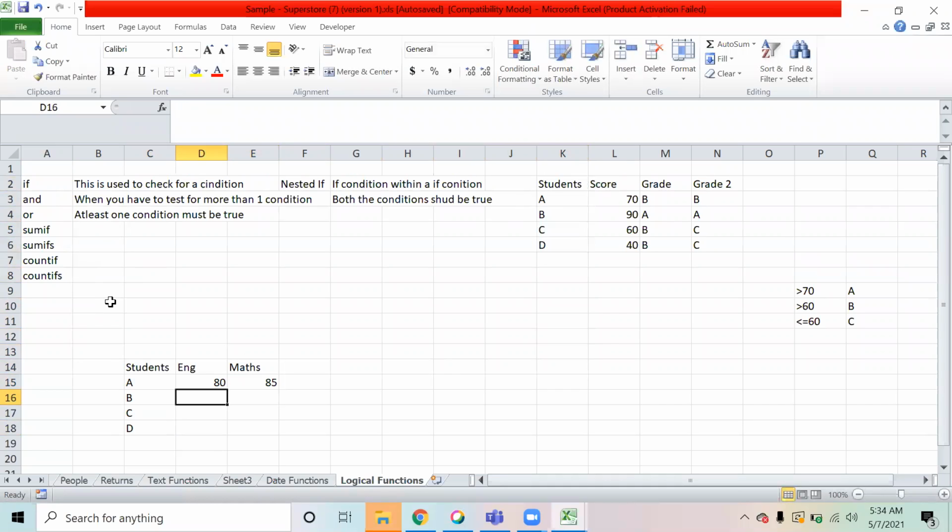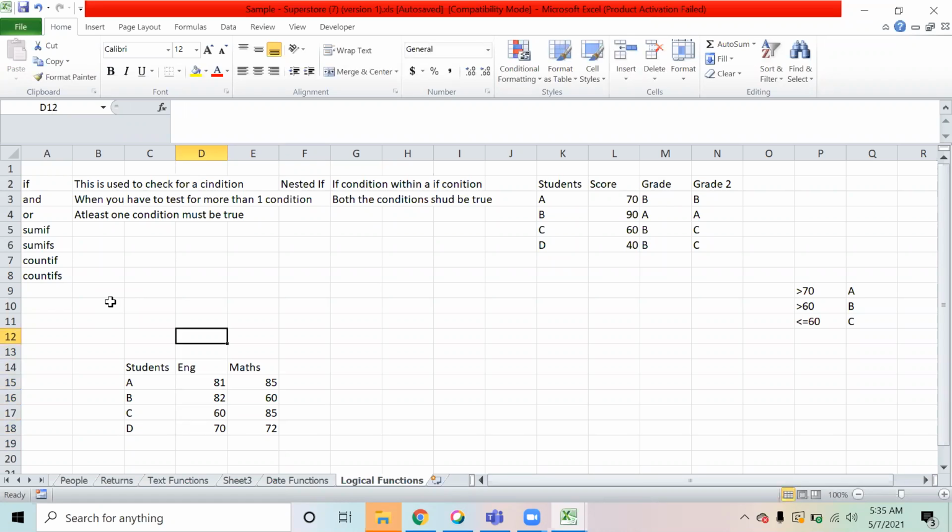And this guy scored 82 over here, and suppose 90. Suppose 60 over here, and this guy scored 60 over here and 85 over here, and this guy scored 70 and 72.